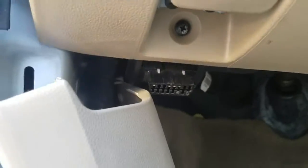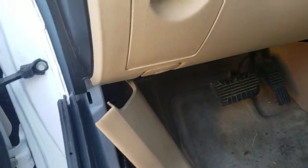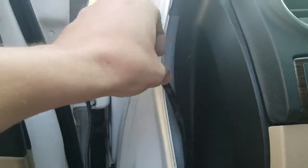So when we're installing one of these, what I typically do is remove a little bit of the trim. Let me just grab the device. And then I'll get the device and route it in behind the trim like this. And then a way that typically I find works pretty well is to sort of feed it up in this gap behind the door,